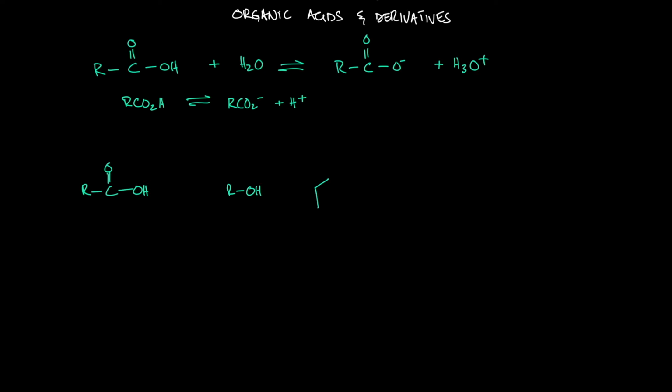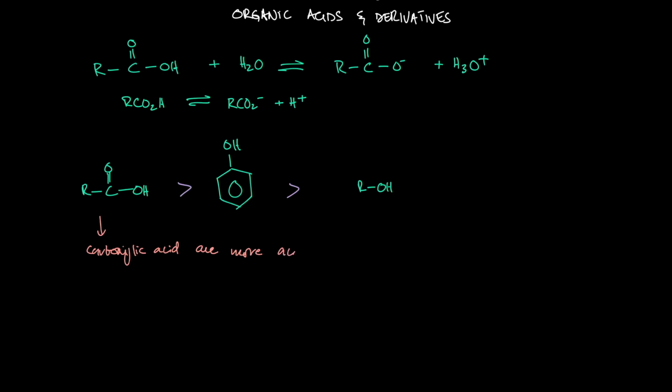Now we know that phenols are acidic, but carboxylic acids are actually more acidic, and alcohols are obviously non-acidic. Now why is that the case? The reason why carboxylic acids are more acidic than phenol and alcohols